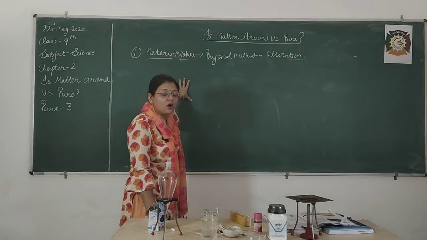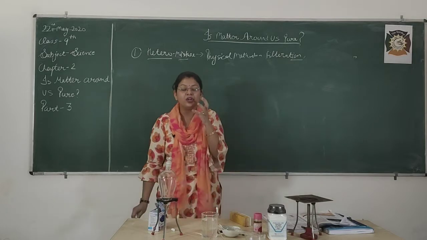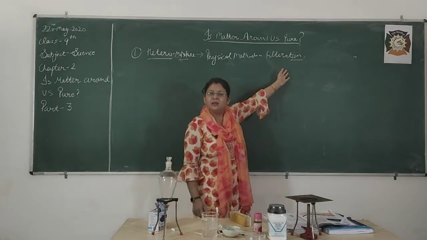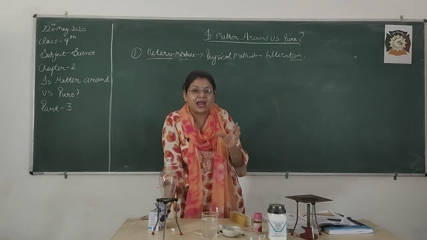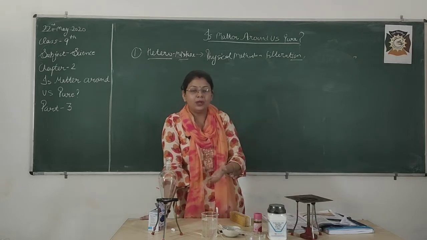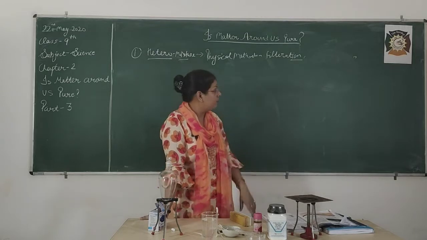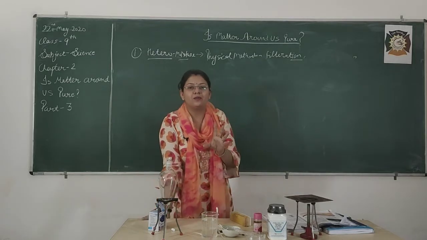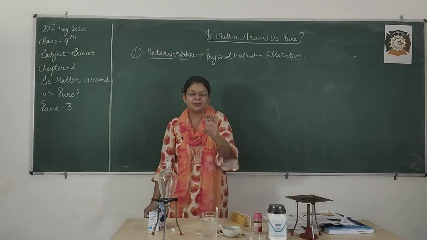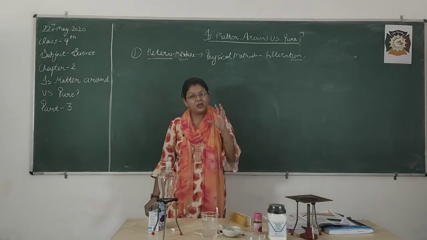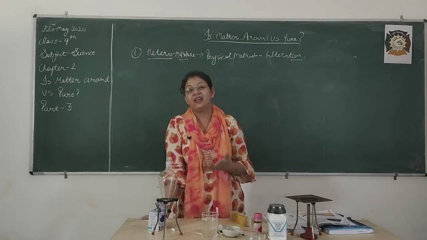But in the case of homogeneous mixtures, when you can't see the two different components with your naked eyes, then you can't use the simple method of filtration. Filtration is like separating sand in water. You can separate the sand from the water with the help of filter paper, and you will easily see the two components, sand and water. We did this activity in lecture number 2. But if I mix cold drink and water, are you able to see after the mixing that this amount of water is present and this amount of cold drink is present? No. So can you imagine that just by simple filtration, are you able to separate cold drink and water? No, we can't separate.